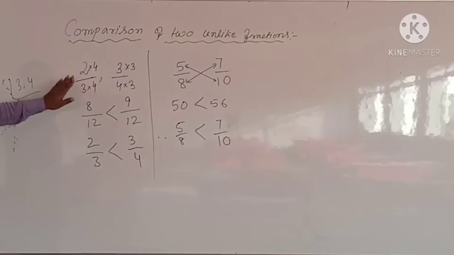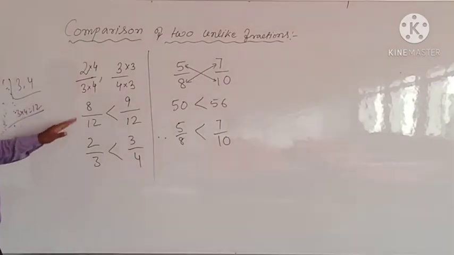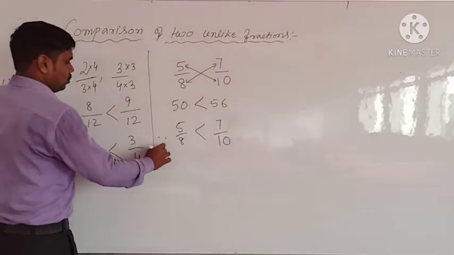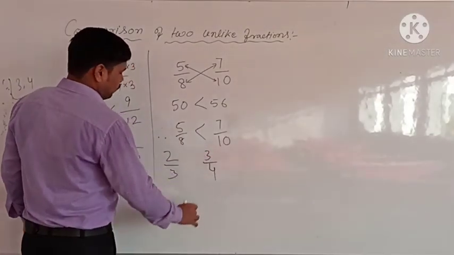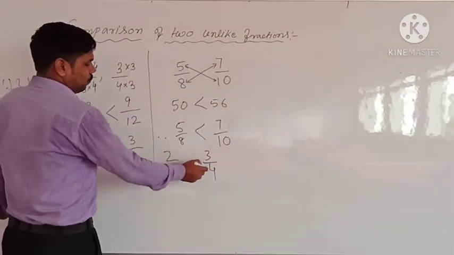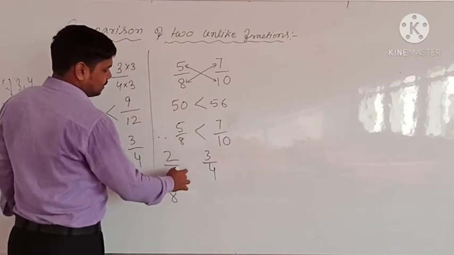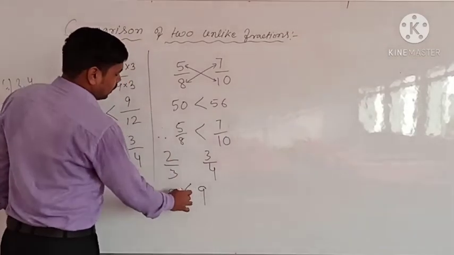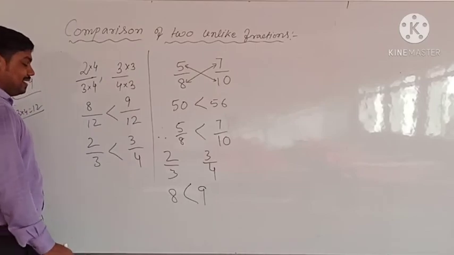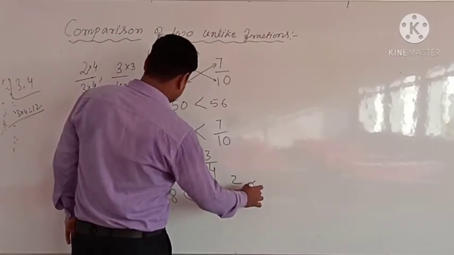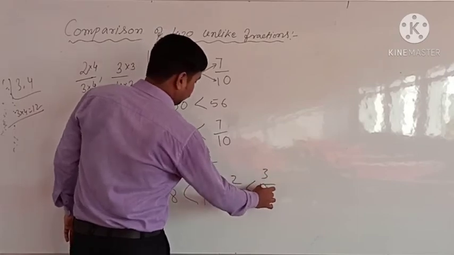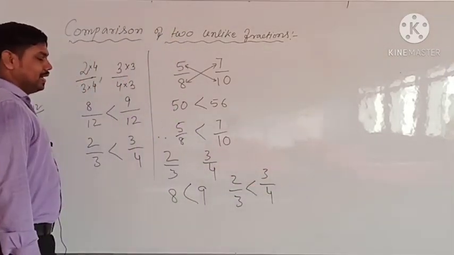उसी तरह से इसका भी आप चेक कर सकते हो. जैसे जो नंबर था वो था हमारा 2 by 3 और एक था 3 by 4. तो इसको अगर आप मल्टीप्लाई करोगे, 4 2 are 8 and 3 3 are 9. So 9 is greater than 8, therefore 2 by 3 is definitely less than 3 by 4. So 3 by 4 will be greater than that.